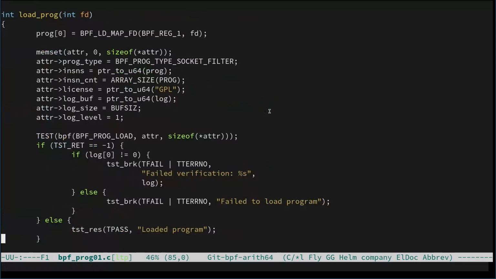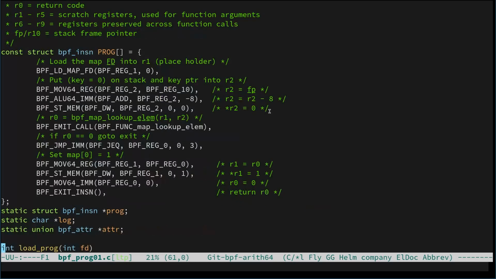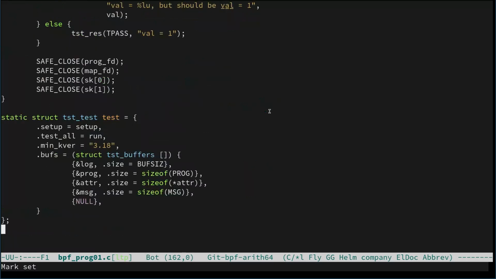So if we look down here at where we load this program, we have a global variable here, which is where we store the program. This is different from this static variable here where I've written the bytecode. As I mentioned before in part 1, this test uses the guarded buffers API,